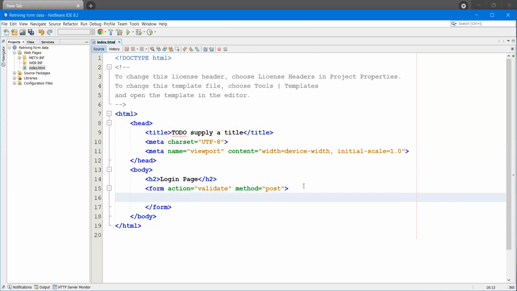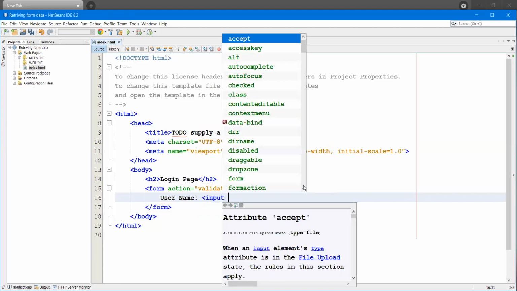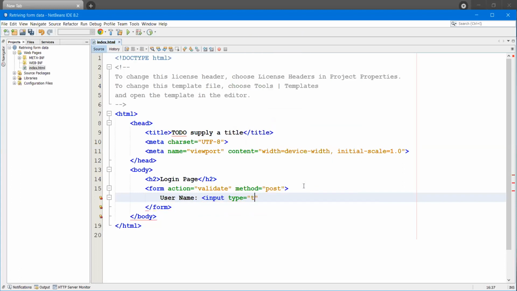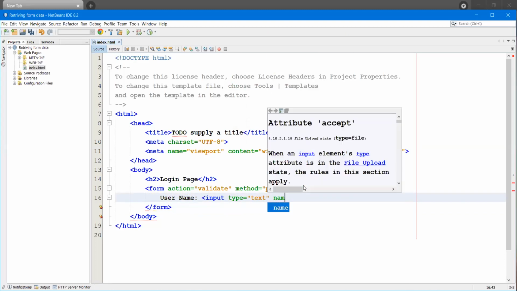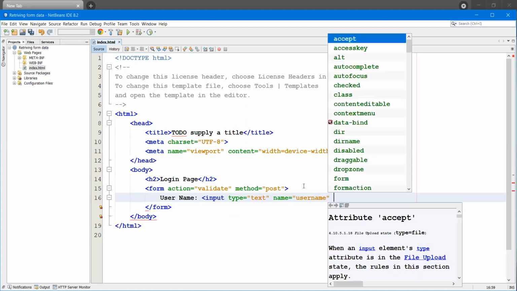Now what do we need? We need two variables. Username colon, input type. What is that input type? Input type is equal to text. Name field: be careful, you have to know what the name is. Username.